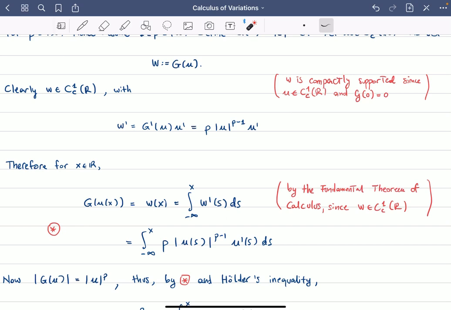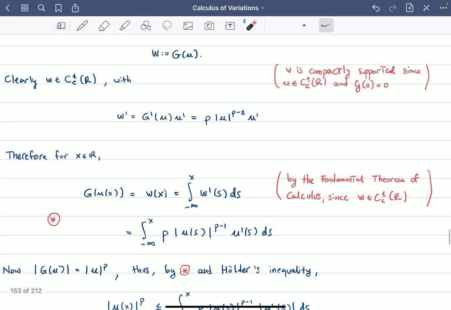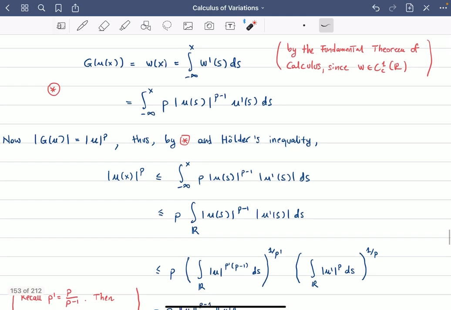So this w of x will be equal to the integral from minus infinity to x of the derivative of w, so w prime of s ds. And this is true because of the fundamental theorem of calculus, and because w is C^1 and also compactly supported, so we can choose the value minus infinity here. And now just plug in this calculation inside this integral. We get the integral from minus infinity to x of p times absolute value of u to the p minus 1, u prime, integrated with respect to s. (*)